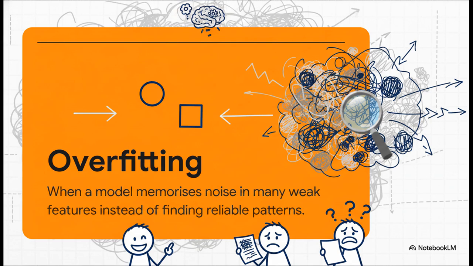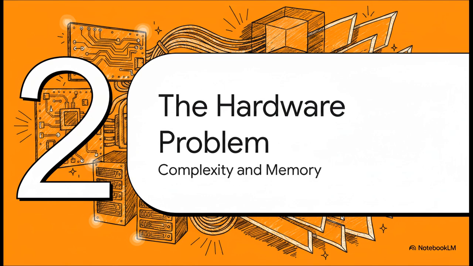And because of that sparsity, we run smack into a massive issue: overfitting. You see, when there are way too many variables and the pressure of small sample sizes, meaning you just don't have enough rows of data to fill up that massive new space, the model panics. It resorts to overfitting. It merely memorizes useless noise and weak features instead of actually learning reliable, generalizable patterns. It's exactly like a student who memorizes the answers to a practice test but completely bombs the actual exam because they never learned the underlying subject. Okay, so that's the learning side.